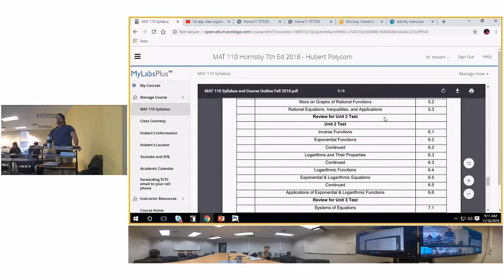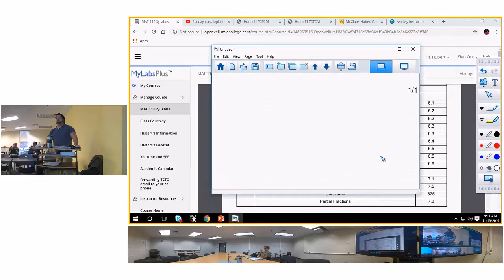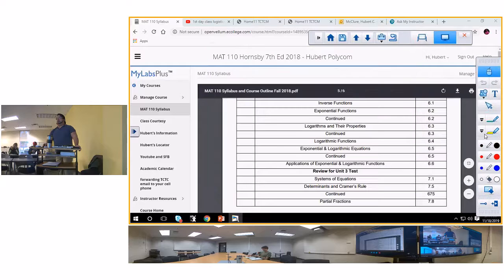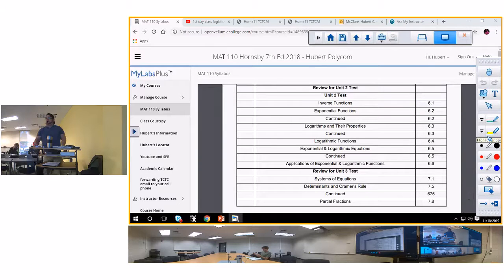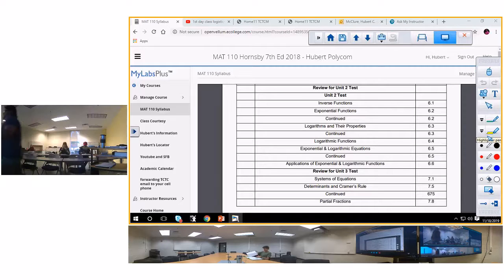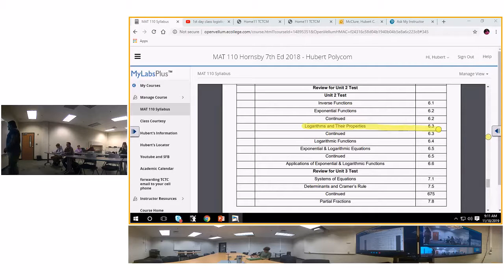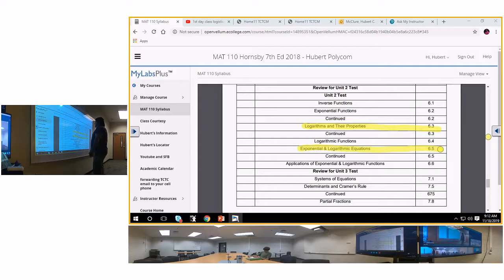Okay, here we go. We're on Unit 3, and I'm going to highlight because that way you won't say you didn't know. I told you that 80% or 70% of your test is going to come from 6.3, which is what I call rewrites, and then logarithmic equations, 6.5, right? Okay, and we've already covered